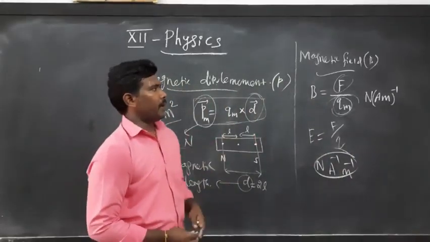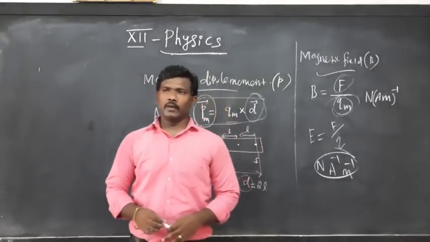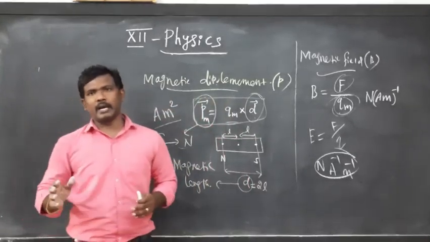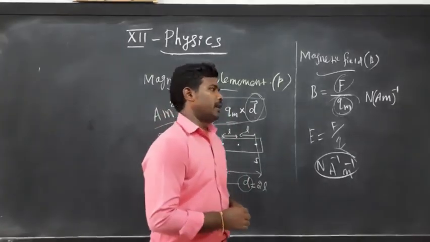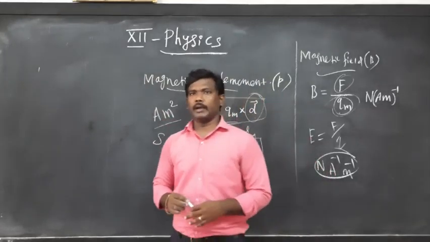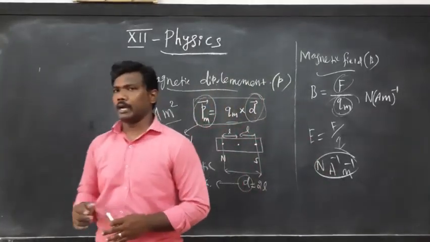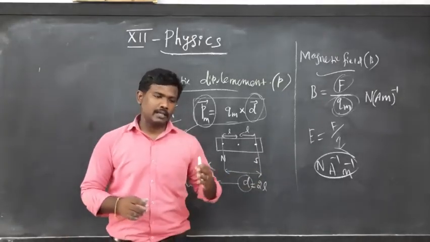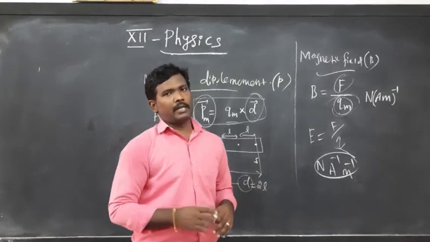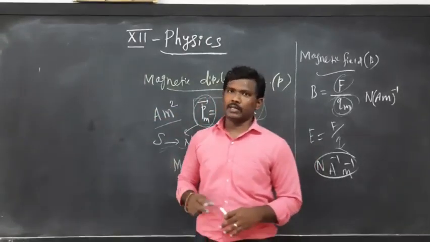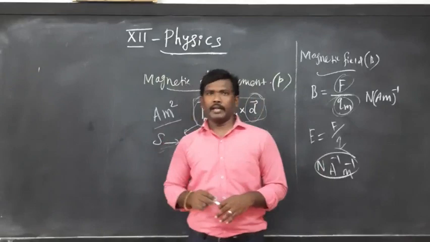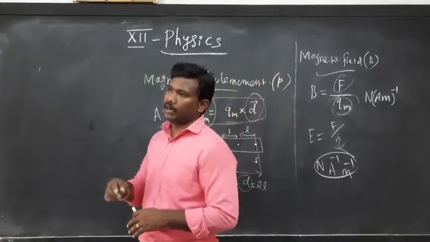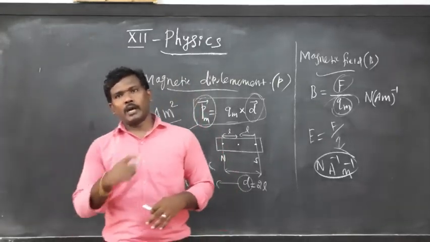And the next topic is types of magnets. You know very well that magnets can be classified into two types: one is the permanent magnet and the other is the induced magnet or artificial magnet. The permanent magnet does not have any regular shape, but the artificial magnet can have a regular shape. We can design it as per our convenience. If we design a rectangular or cylindrical shape, we call it a bar magnet, and we have some dotted magnets also.